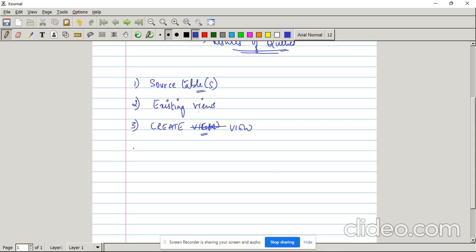So let us see the general syntax for creating the view. It is create view, which are the keywords. Then I give my view name. This can be any user defined name. View name as is a keyword. And then comes your select query,